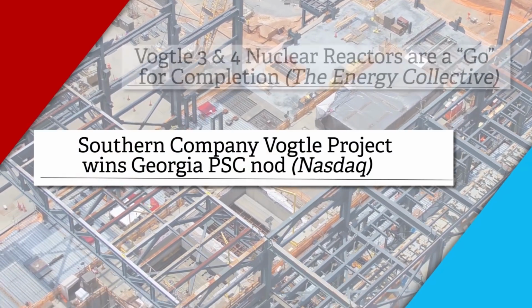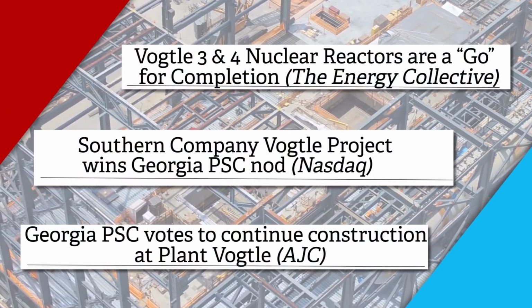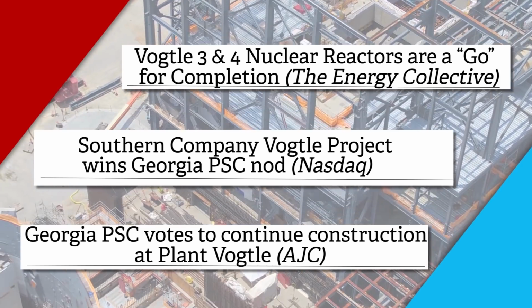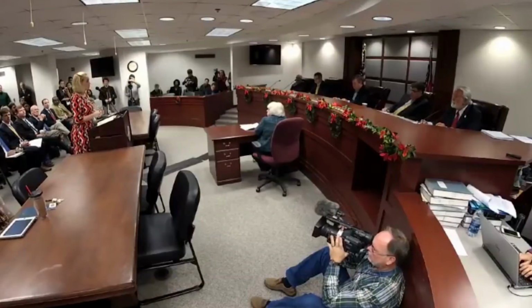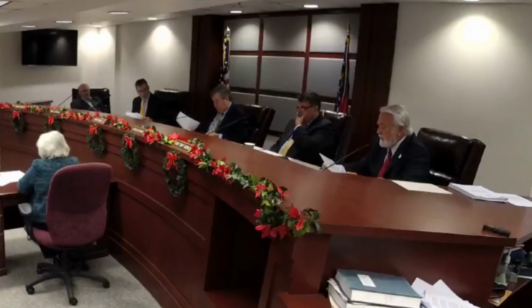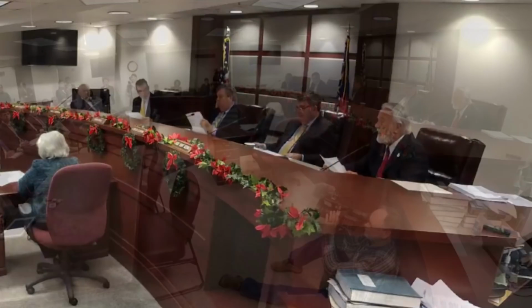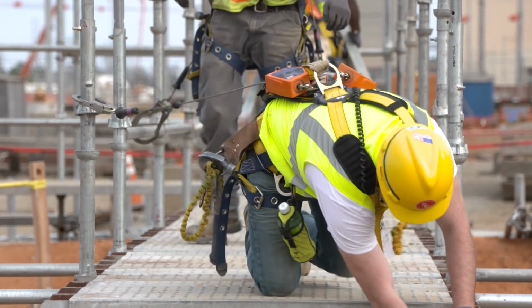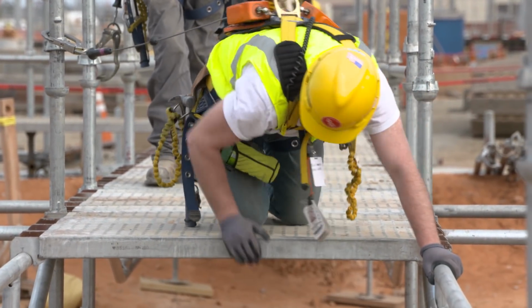In December, Georgia Power received unanimous approval from the Georgia Public Service Commission to complete Vogtle Units 3 and 4. The PSC's decision followed months of review and evaluation of the unified recommendation presented to the Georgia PSC in August by the Vogtle co-owners. The recommendation was based on the results of a comprehensive schedule, cost to complete, and cancellation